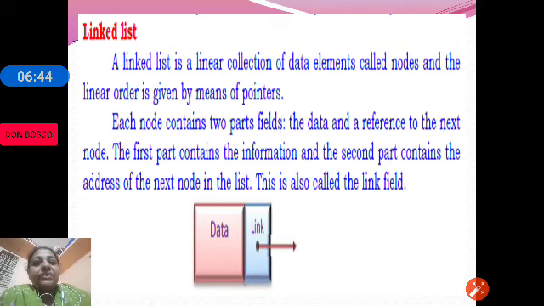So what does a node have? A node has two parts, the data part and the link part. Data, whatever data you want to store, single value, multiple values, your choice. Link stores the address or a reference to the next node in the list. By link we will get to know where exactly the next node is available.